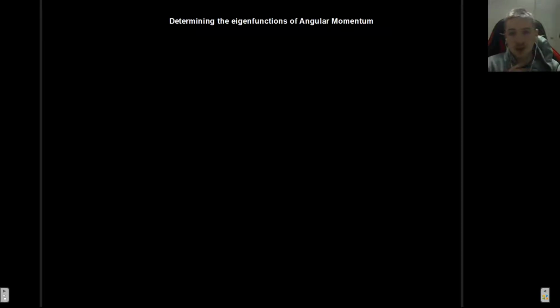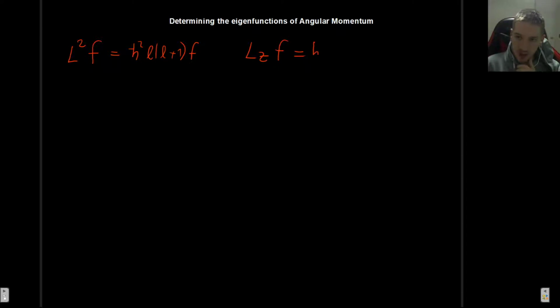In the previous video, we determined the eigenvalues of angular momentum operators, and now we want to determine the eigenfunctions of angular momentum operators. So the result that we found in the previous video is that if we have the L squared operator acting on one of its eigenfunctions, this is going to be h bar squared l(l plus 1) times the eigenfunction, and if we have the Lz operator acting on the same f, we're going to get h bar m f. And here l and m are quantum numbers,